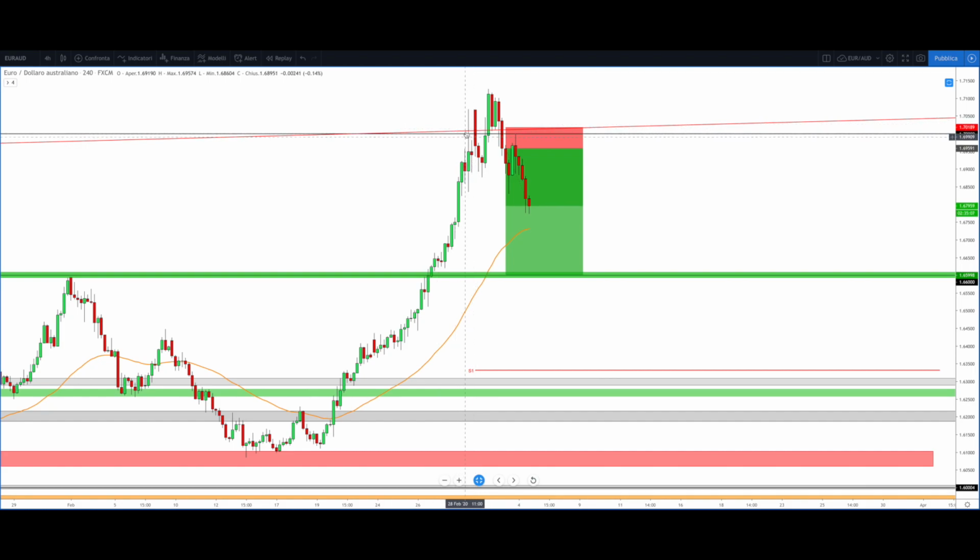We can see that after this touch, the price formed this huge upper shadow that for me was a clear bearish signal, but we can see that here the price opened this week with a massive bearish gap, immediately closed this gap and started a new bullish movement that broke 1.70 again and reached this new yearly high around 1.7128,